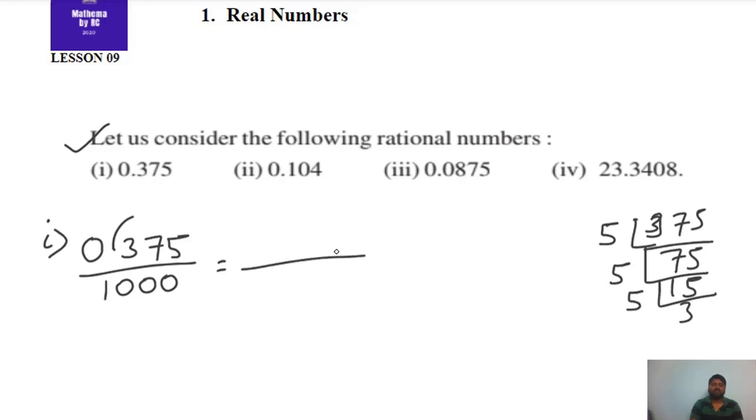So here we get 3 into 5 cube. Also when we take 1000, that is 10 into 10 into 10,